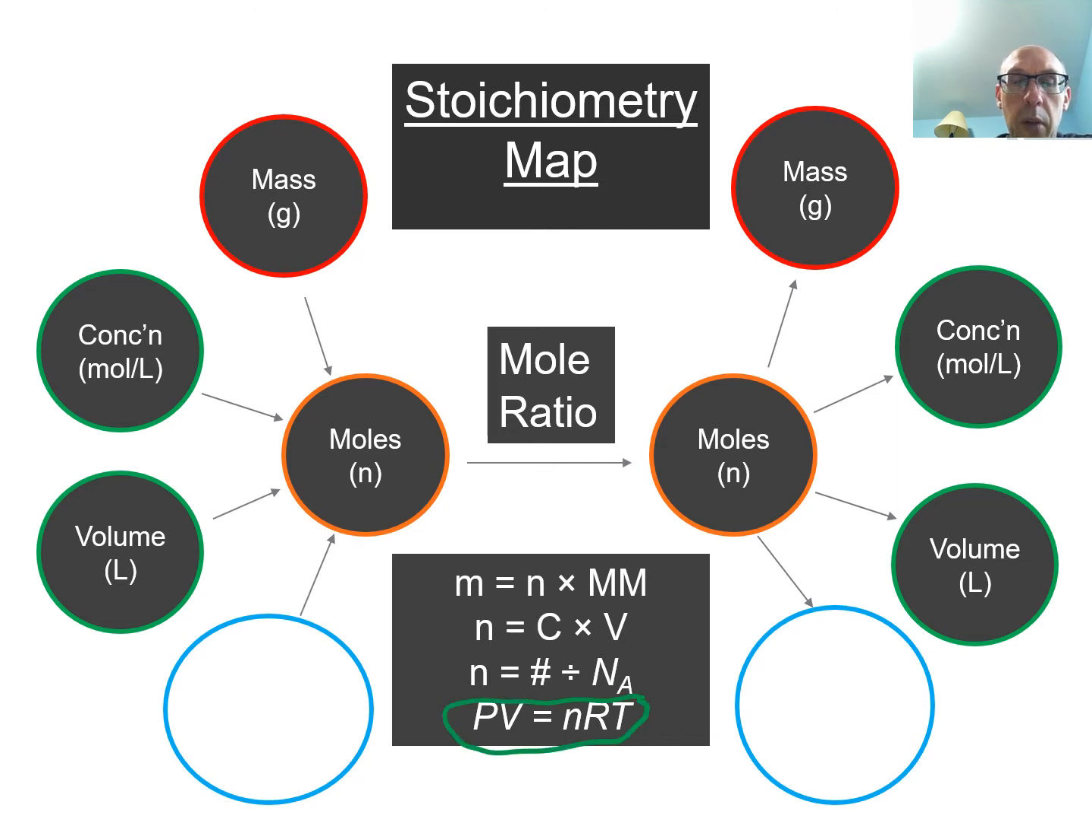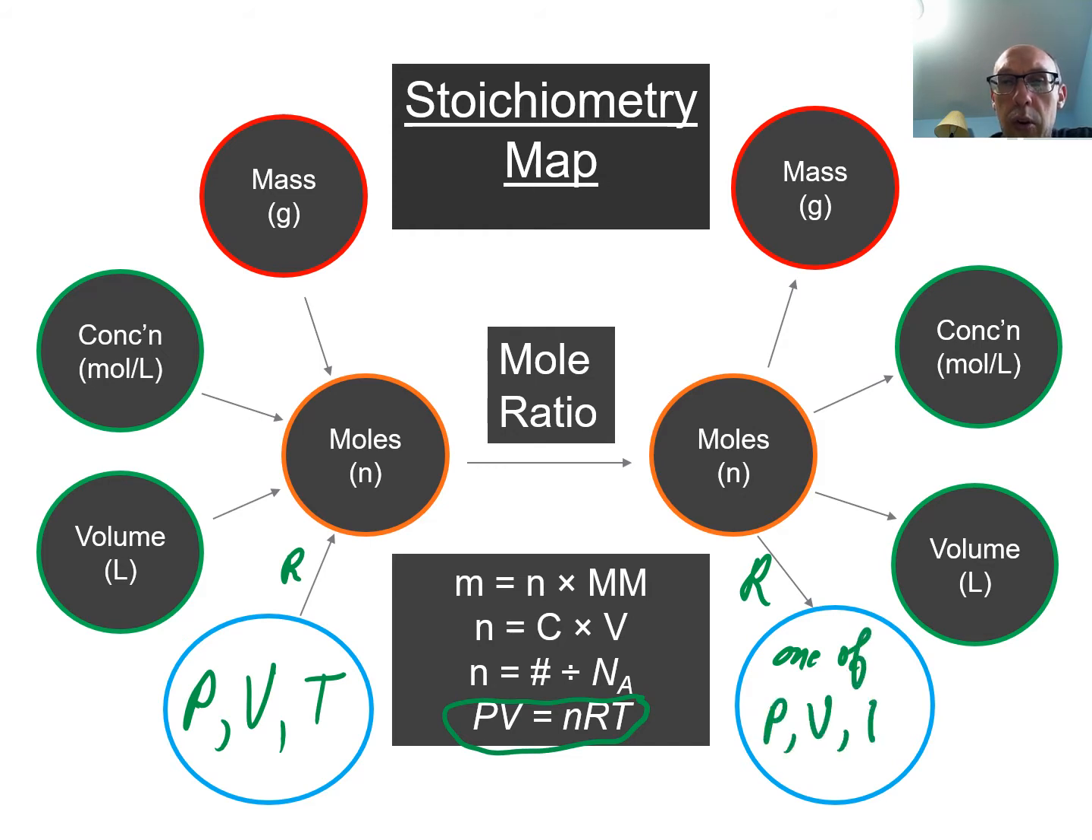this one right here. PV equals nRT. That's the tool that we're going to use to get into stoichiometry, which means if we have pressure, volume, and temperature, we can use it with R to get to moles. Once we've got the number of moles of something, we can apply a mole ratio. That gets us moles of something else in a balanced chemical equation. And then, again, using R, we can get one of pressure, volume, or temperature, as long as we've got the